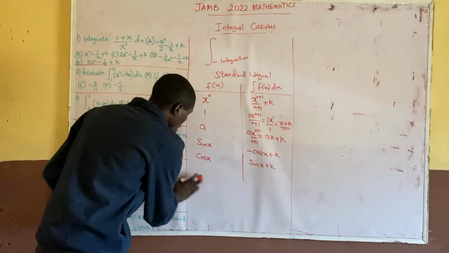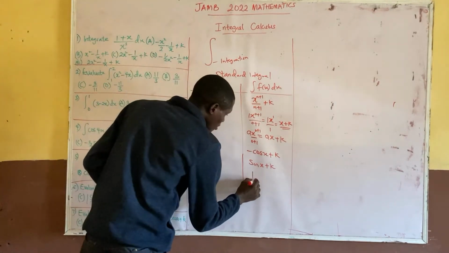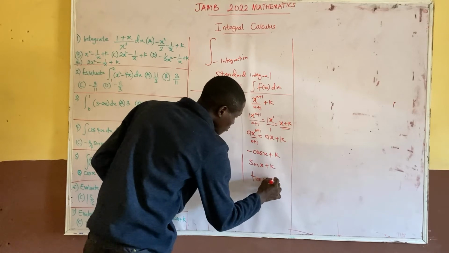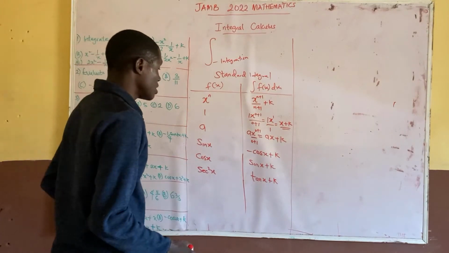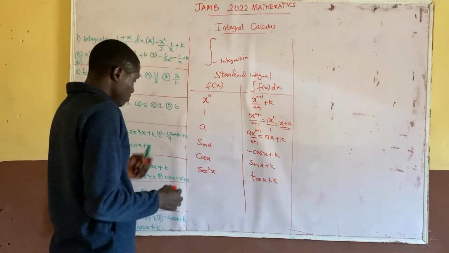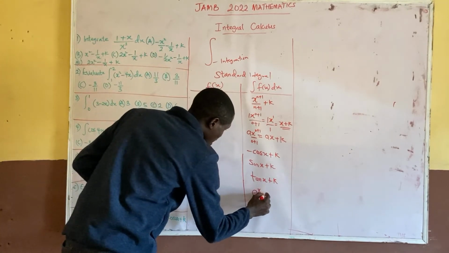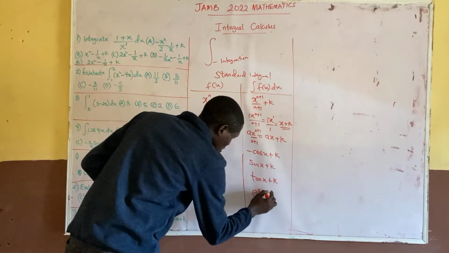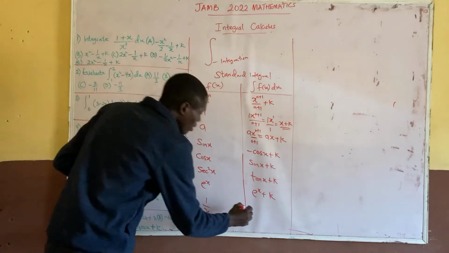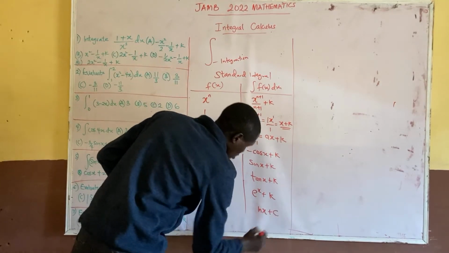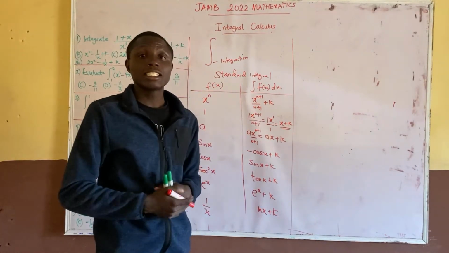Also, we still have sec square x. If you look for the integral of sec square x, you are going to have tan x plus k. But in the differential, you have sec x tan x. Now we have e raised to power x, and the integral is also e raised to power x plus k. And lastly, 1 over x. The integral of 1 over x will be ln x plus k. Let me use k. I've started with k. Now, I'm going to the standard integral. Let's go into the